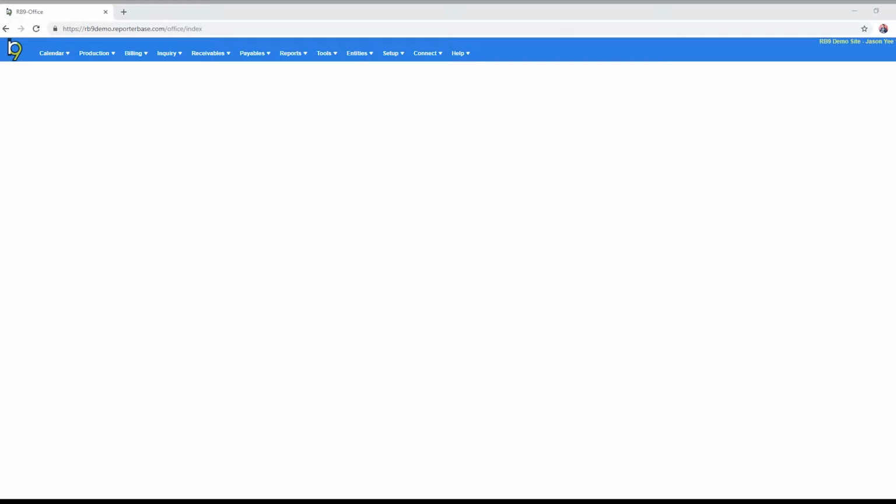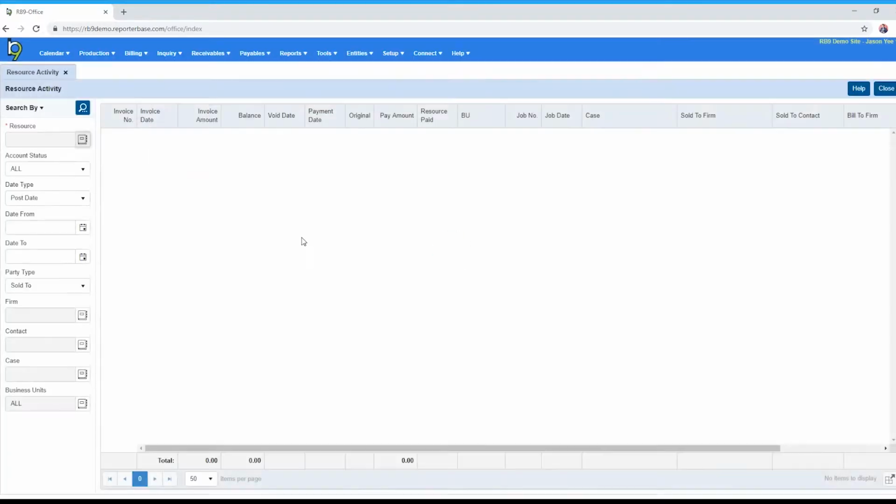Let's talk about resource activity. Resource activity can be found under the inquiry menu, selecting right here, resource activity. Resource activity allows you to run for one resource at a time, and it lets you see the invoicing